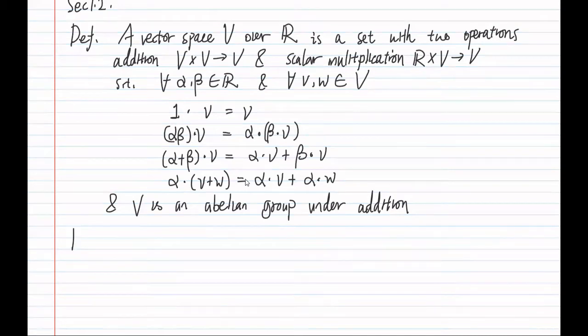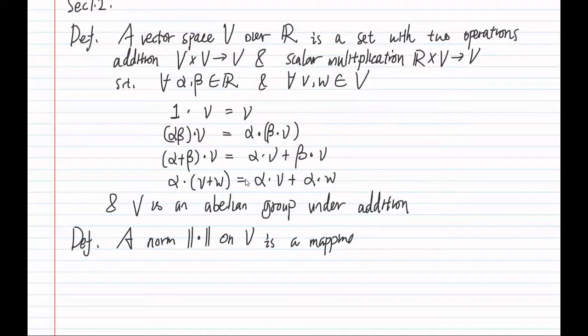So the definition: a norm, which we denote using the double bar. A norm on V is a mapping from V to R, such that the following holds